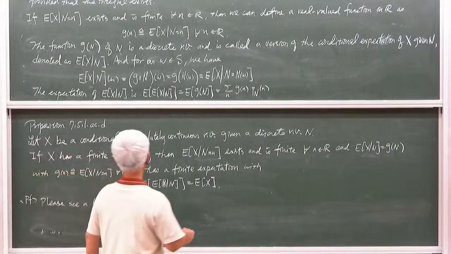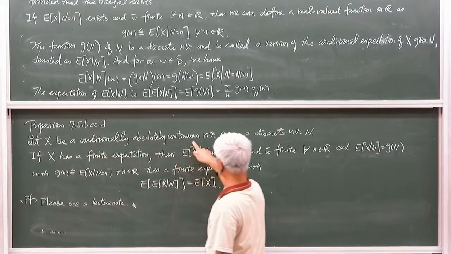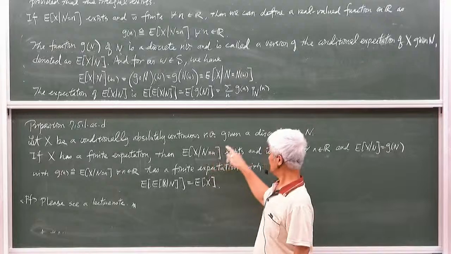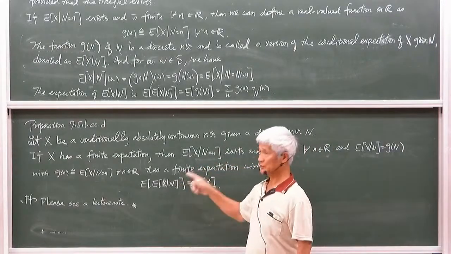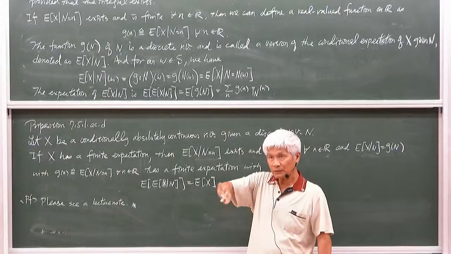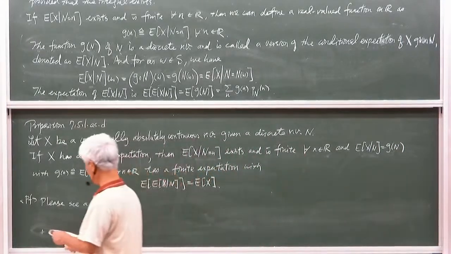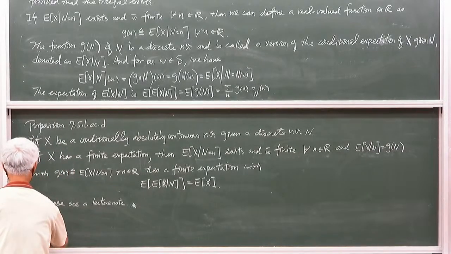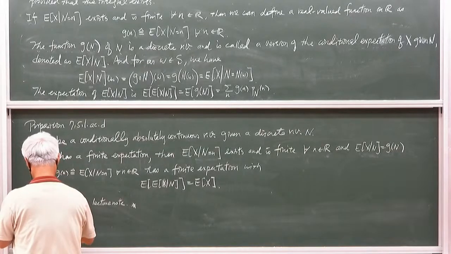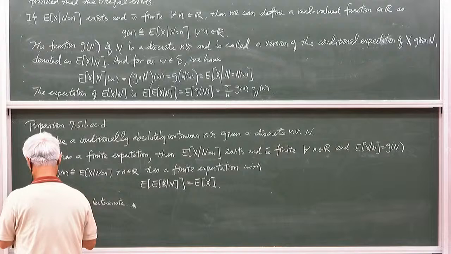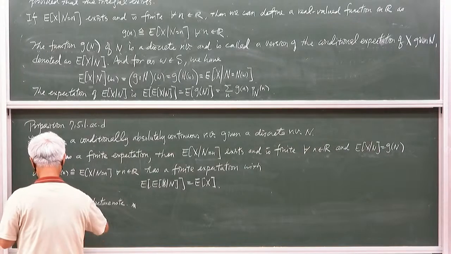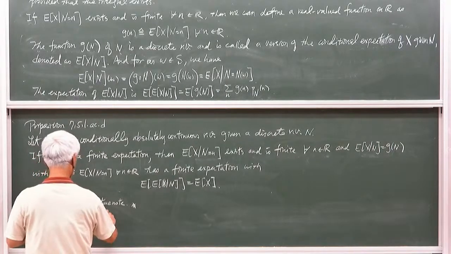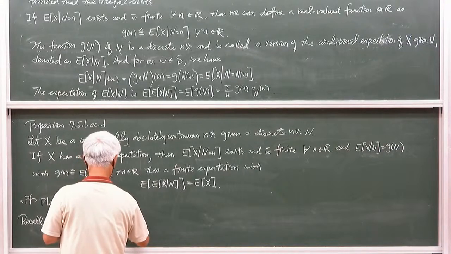Okay, so now in this case, X is conditionally absolutely continuous given discrete random variable N, and so we find the conditional expectation of X given N. But the other way, how about the other way? Okay, so as we discussed, recall that as discussed in section 6.5,